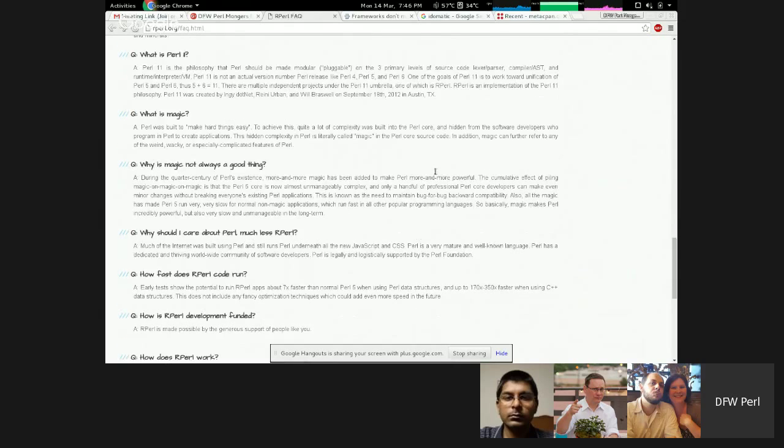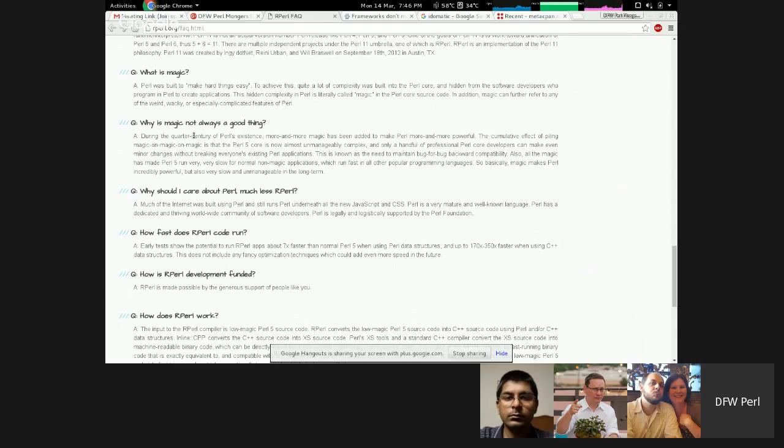Why is magic not always a good thing? During a quarter century of Perl's existence, more and more magic has been added to make Perl more and more powerful. The cumulative effect of piling magic on magic on magic is that the Perl 5 core is now unmanageably complex. Shot across the bow. Perl 5 is unmanageably complex, he says.